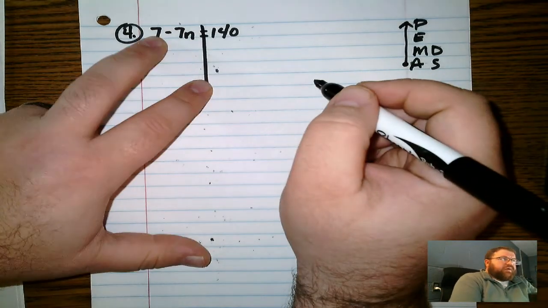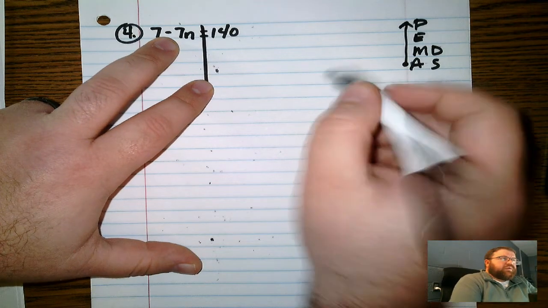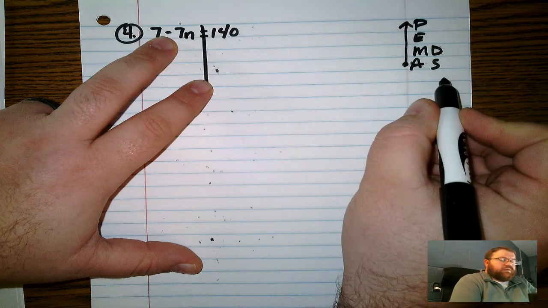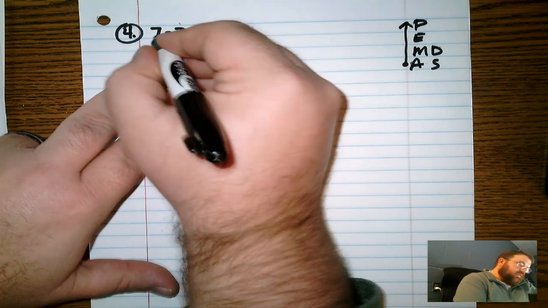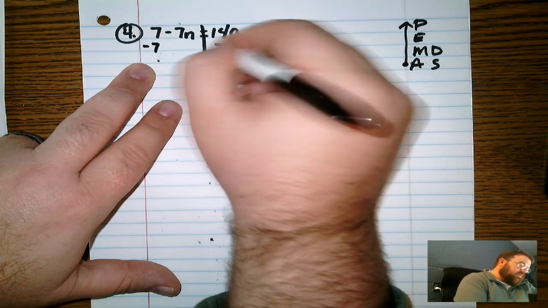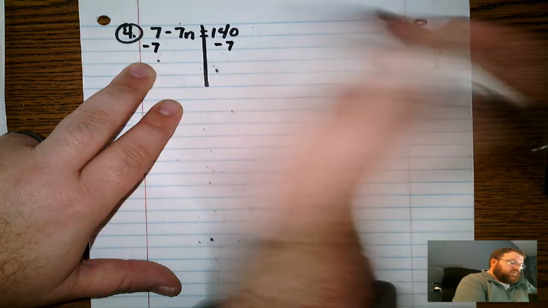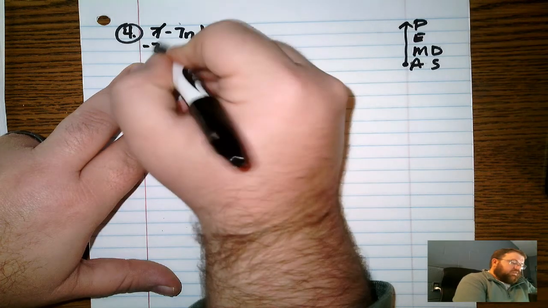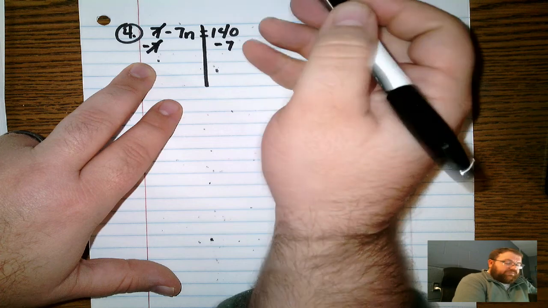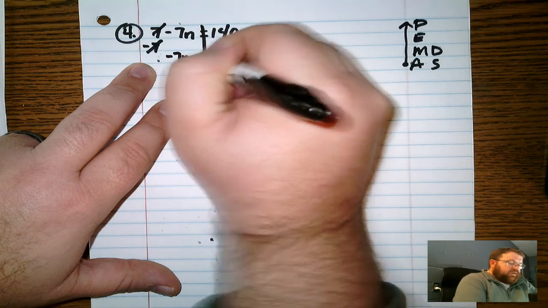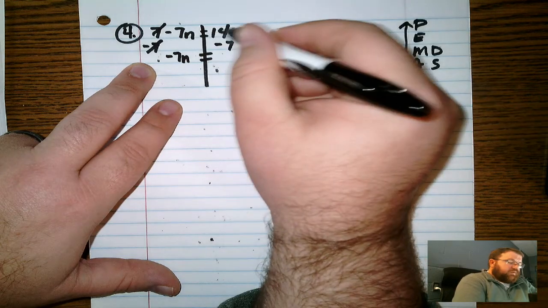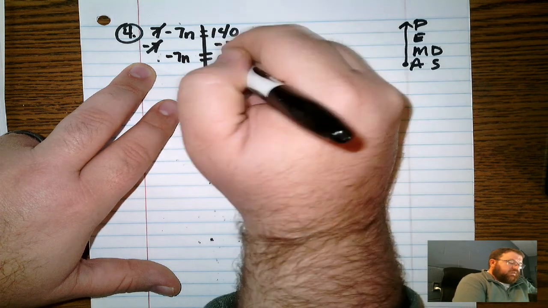Now I need to get rid of this 7 and negative 7. We're going to start with addition and subtraction. So we have this 7 here. The opposite of positive 7 is negative 7. So I'm going to subtract 7 from both sides. These cancel. They equal 0. Negative 7n is equal to negative 140 minus 7 is going to be